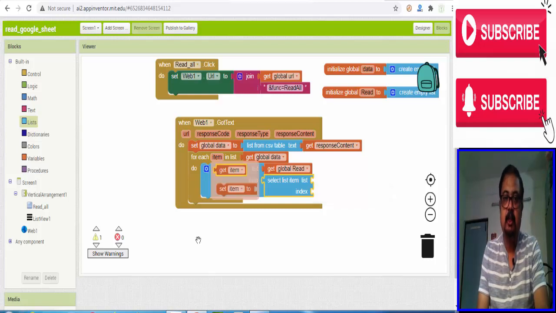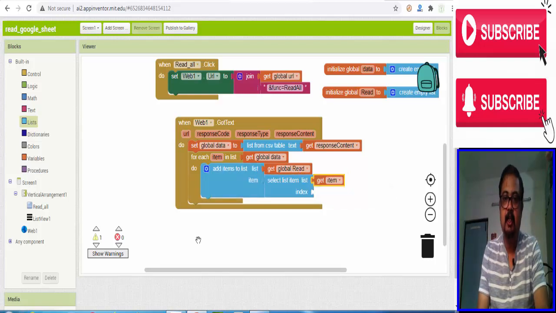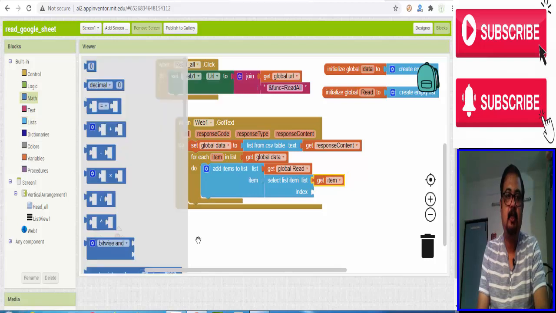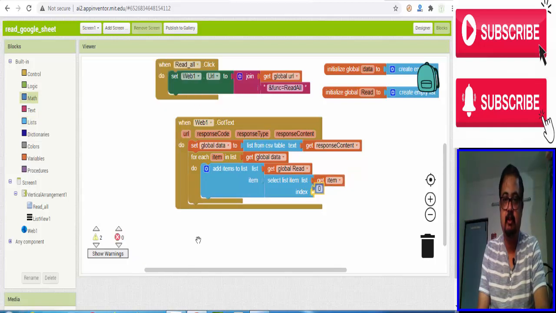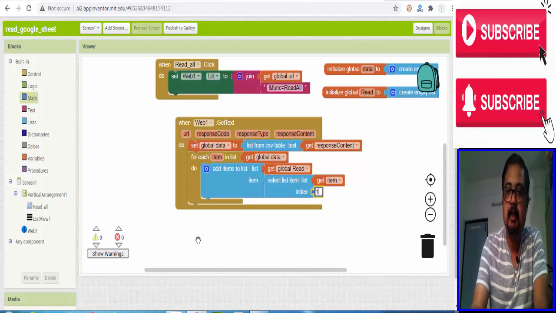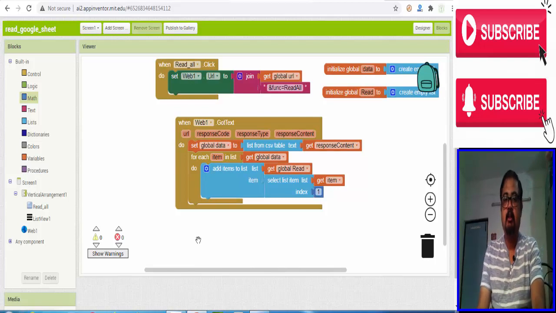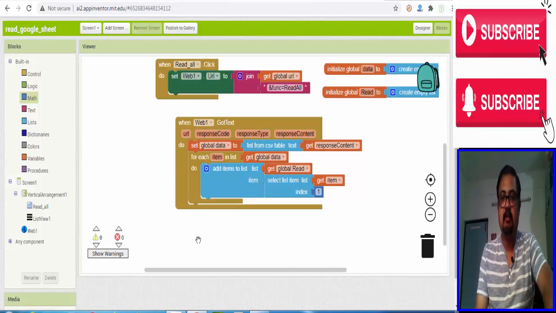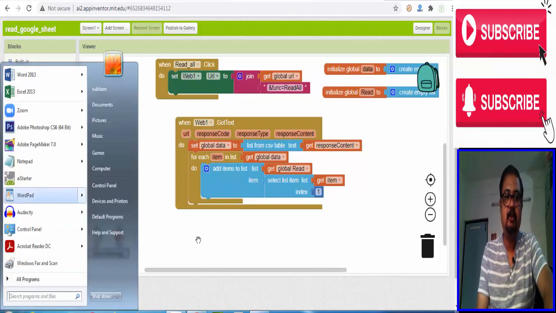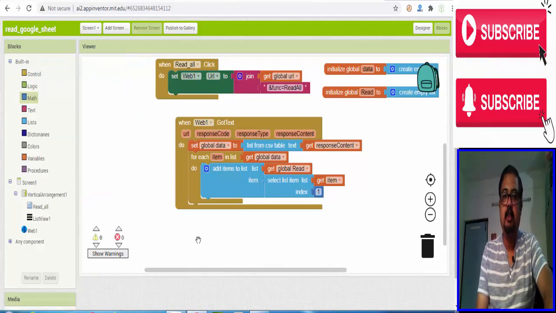So that is get item fixed with that, and go to the math, and whatever number you give, that number data will be fetching, or read, or receipt. You may say anything. So now our project is almost completed, and now see if it works or not.